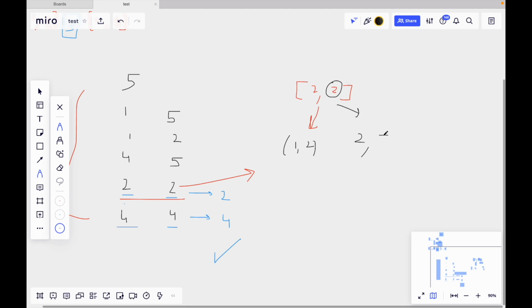Suppose it will be 2, 5. If I choose 3 from this range, then we'll be left with 2 comma 2 and 4 comma 5, right? Is this clear?